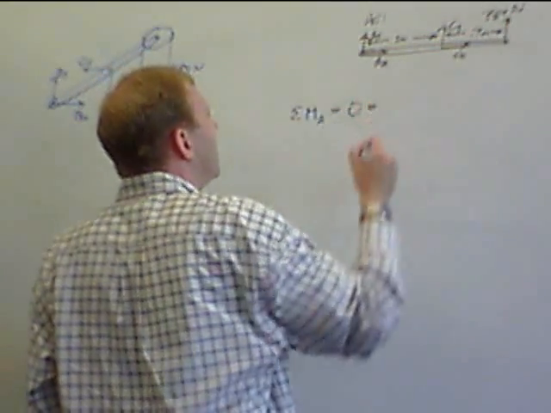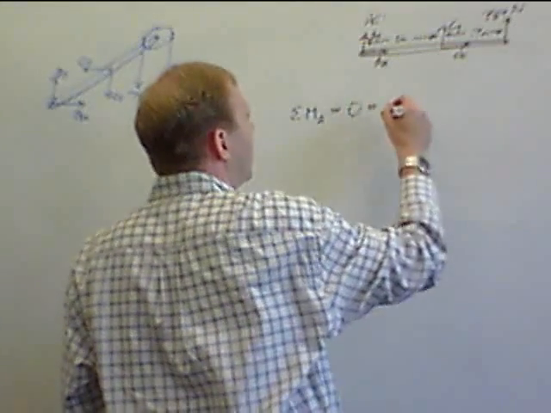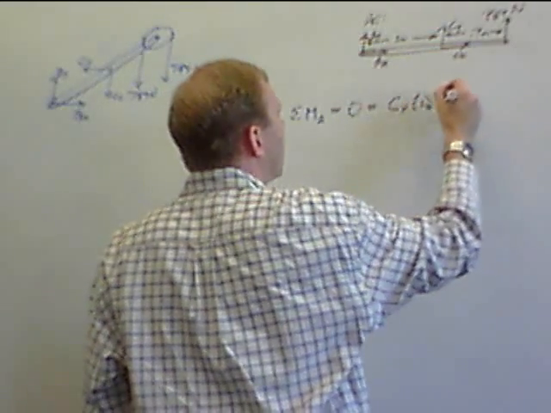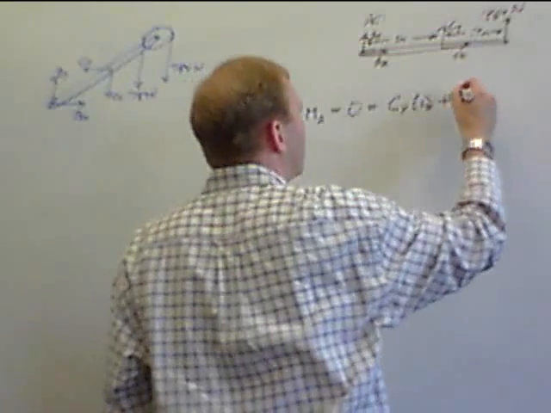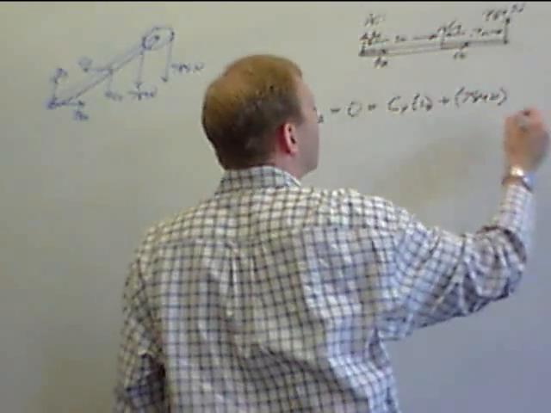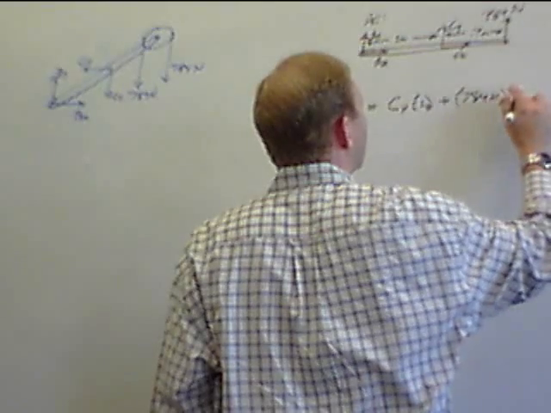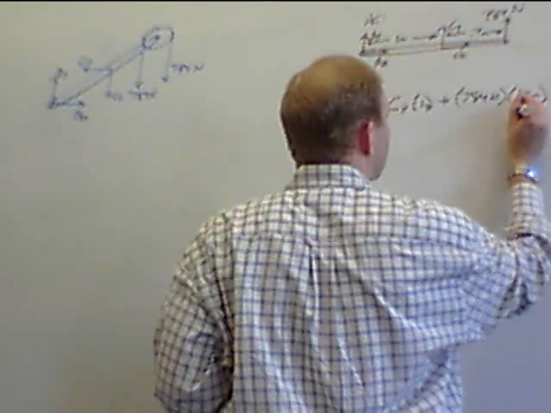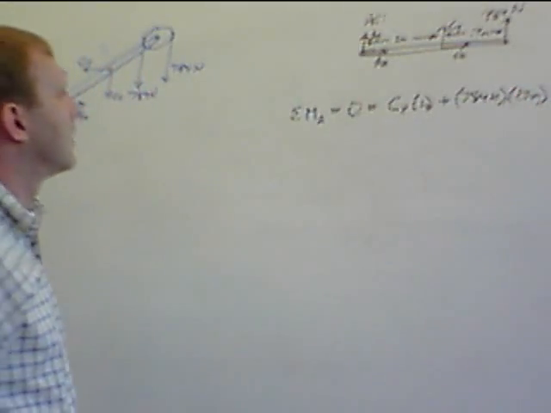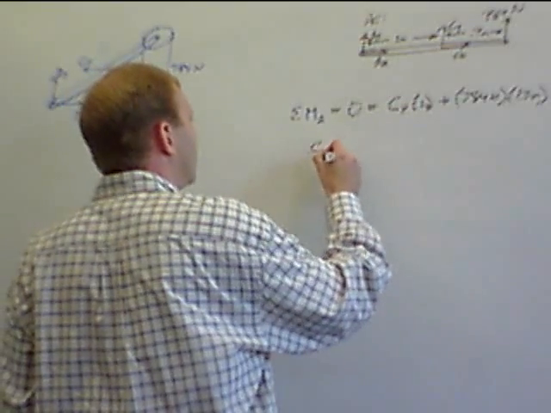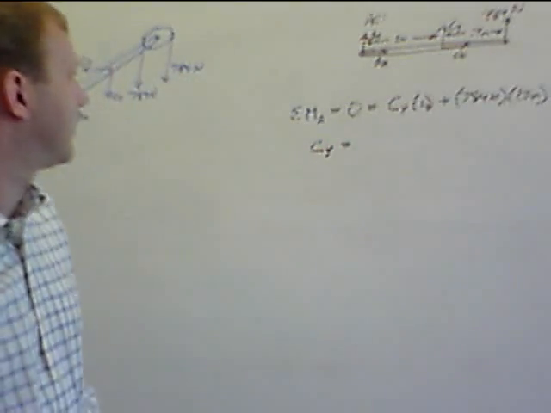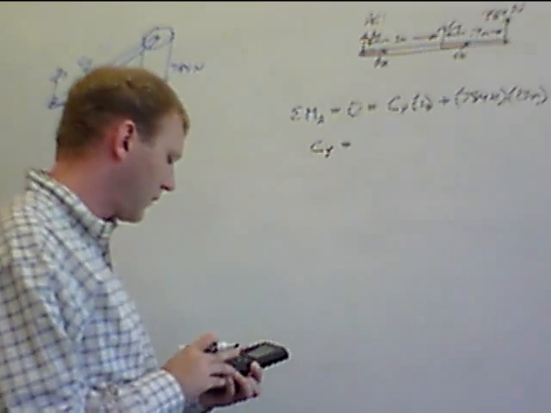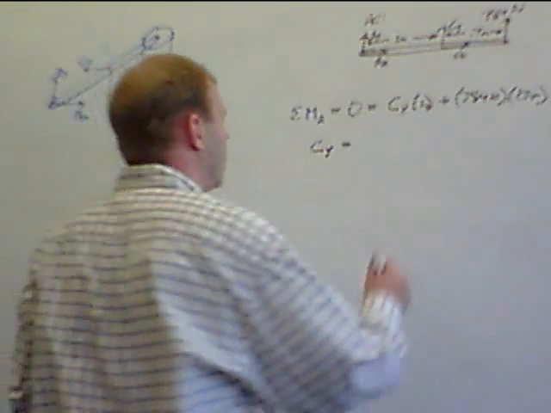So this equals 0, this equals CY is going clockwise, so it's CY times 1 meter plus 784 newtons times, that moment arm is 1.7 meters. Okay, so this ends up like this. We end up with CY equaling 1332.8 negative